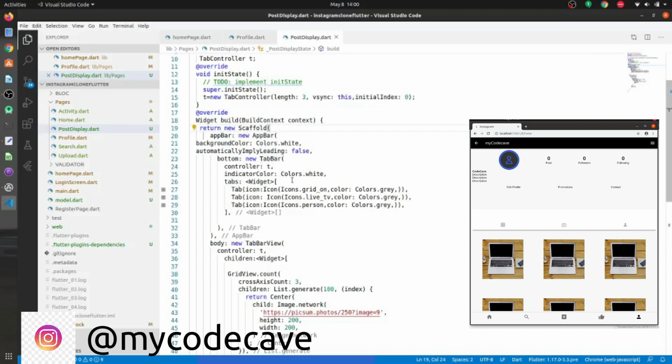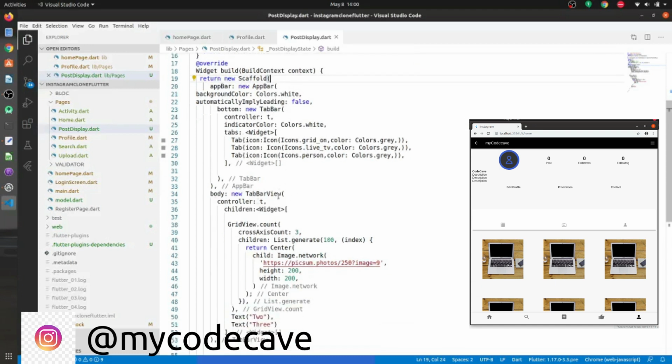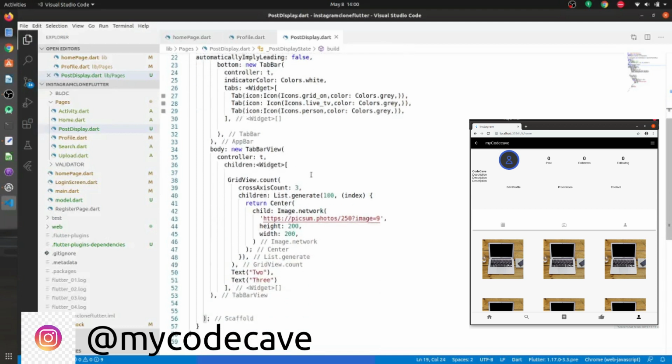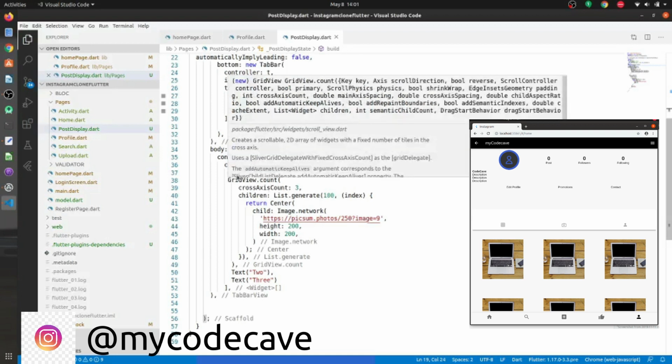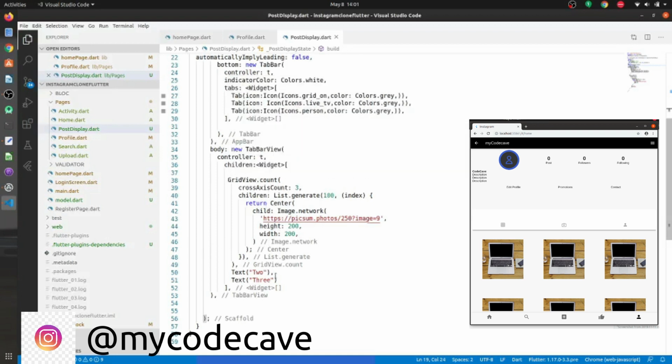After the app bar we have a tab bar view, the widget that shows us all 3 things. It has 3 widgets: one is the grid part, that is the post part, second is the IGTV part, and third is the tag part.